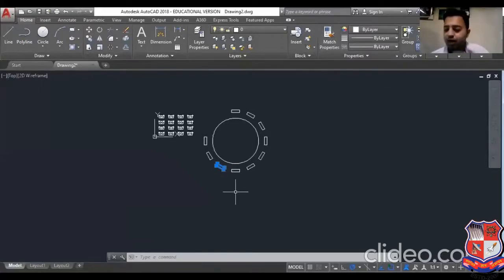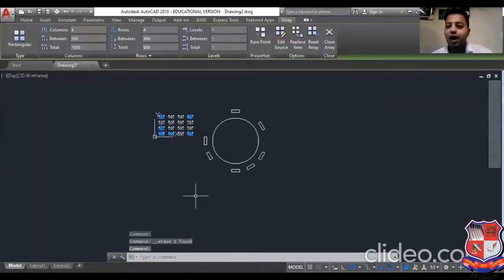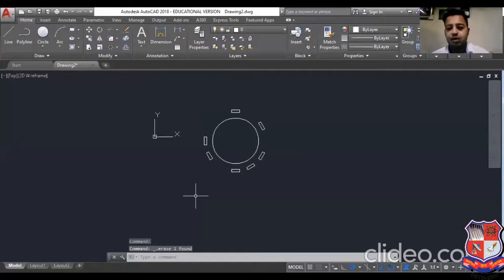So here you can change individually. Means if you want to select and delete this object, then you can do it. But if you select it and delete it, then the full array will be deleted in the associative case. So that is the difference between associative and non-associative.